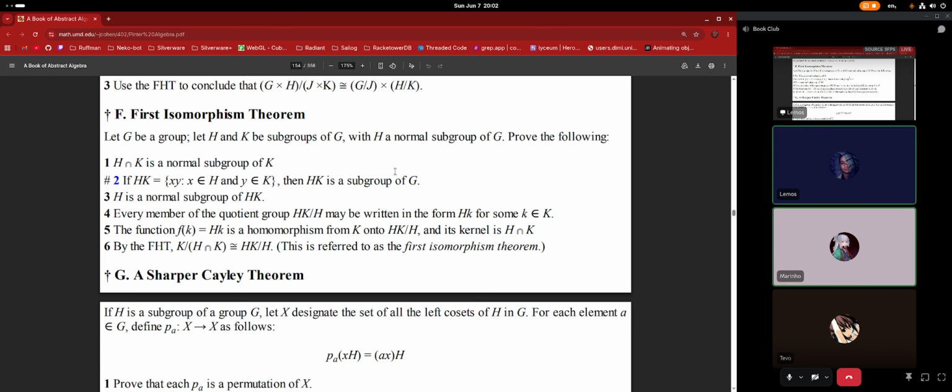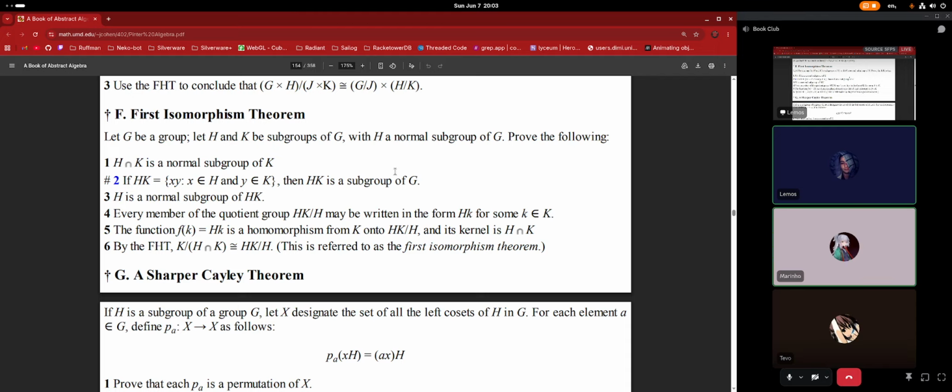That means any elements that K shares with H will also share the same structure. They're working with the same operator, so they will have the same algebraic structure, which means